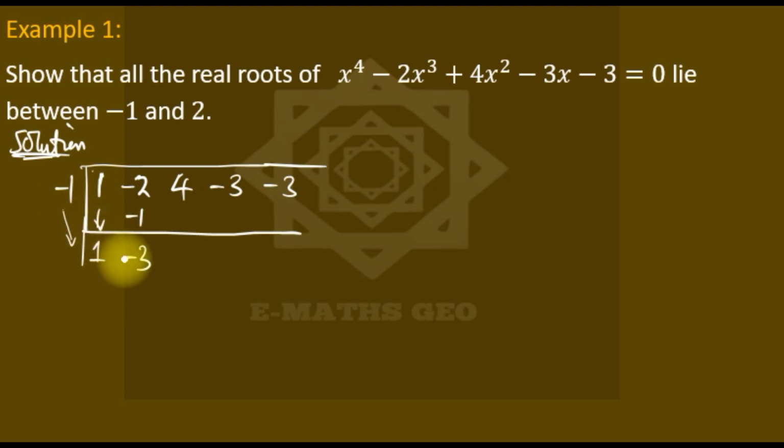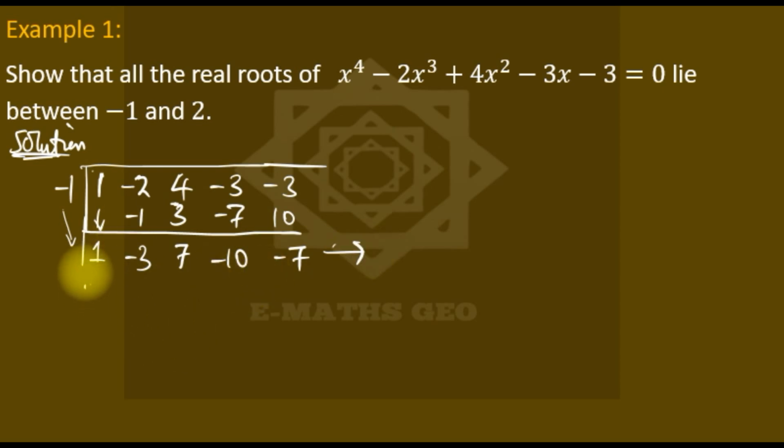We still do it. -1 times -3 is 3. If we add, we have 7. -1 times 7 is -7. If we add, we have -10. -1 times -10 is 10. If we add, we have -7. So what do you notice? The entries here,